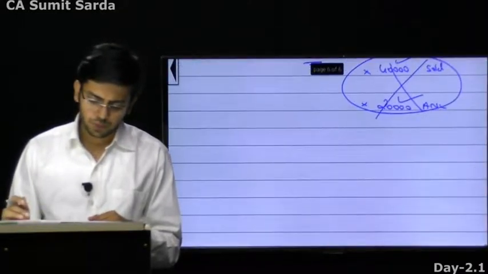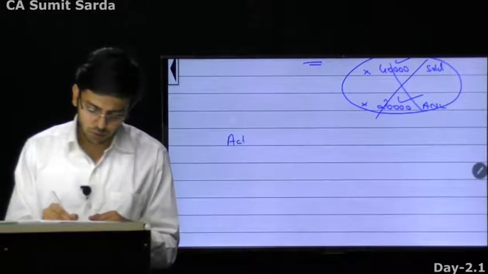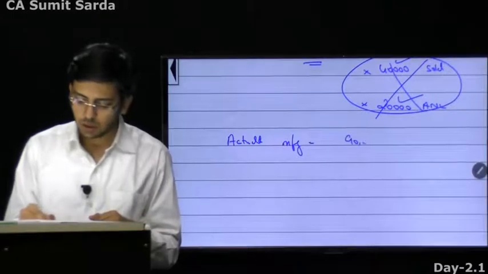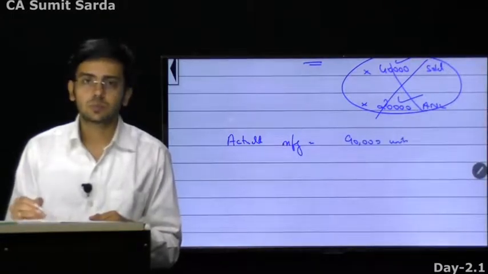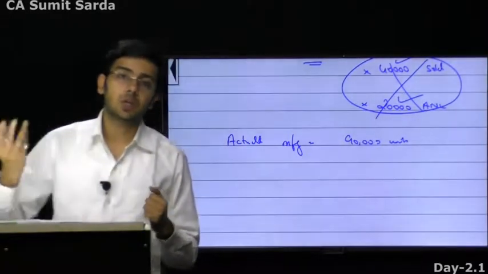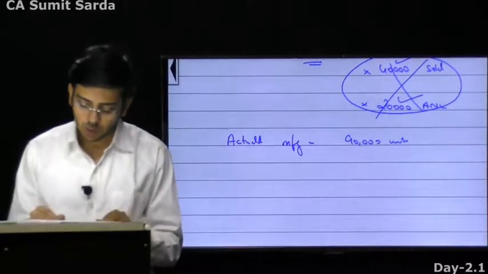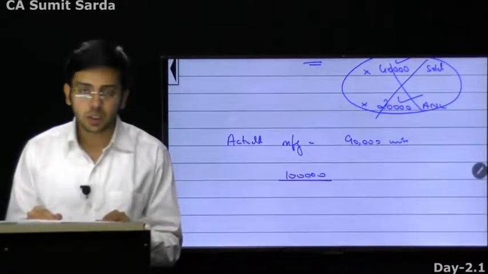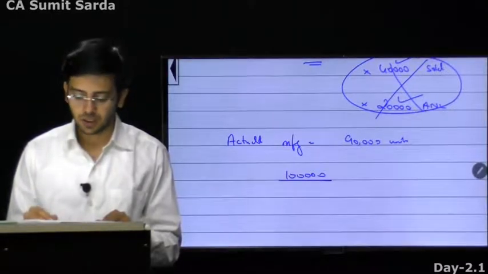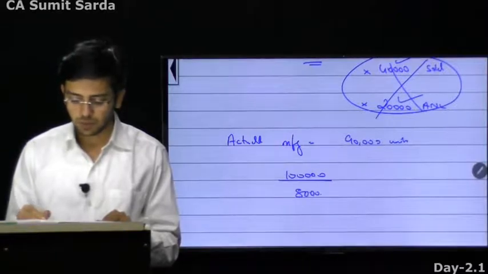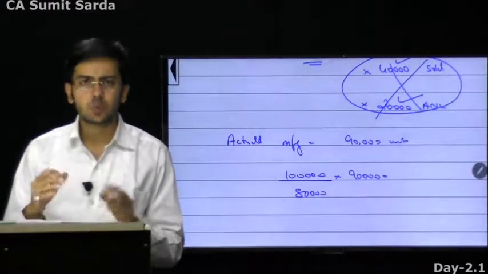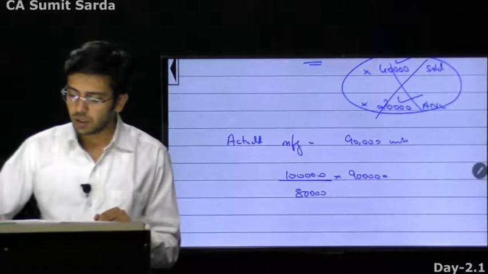Some students will have a doubt that suppose, sir, actual manufacturing was 90,000 units. Above market demand, we have manufactured more in anticipation that maybe we can sell more in future. So are we still going to divide 1 lakh rupees by 80,000? There will be a flaw now in dividing it by 80,000, because suppose complete 90,000 units are in inventory, suppose we can assume it, what will happen is